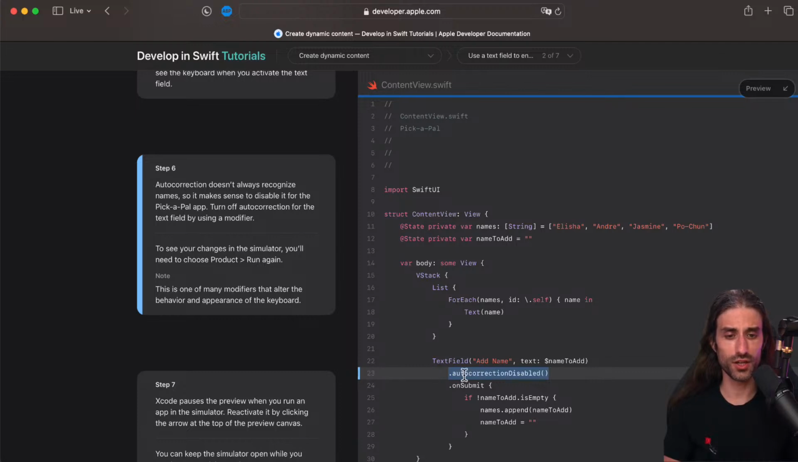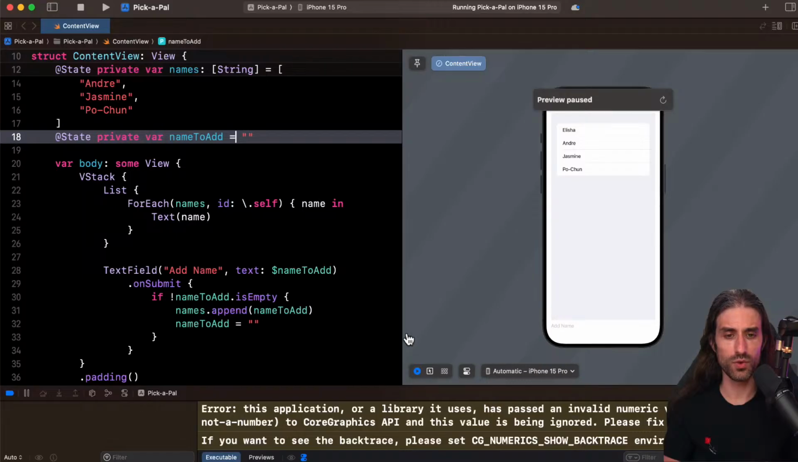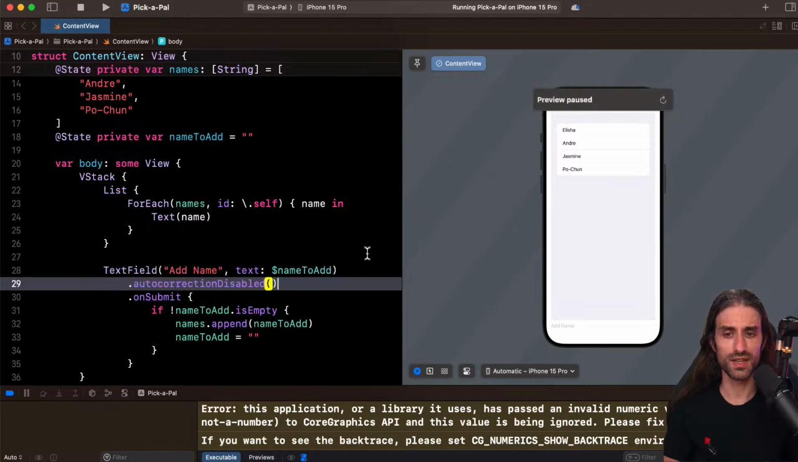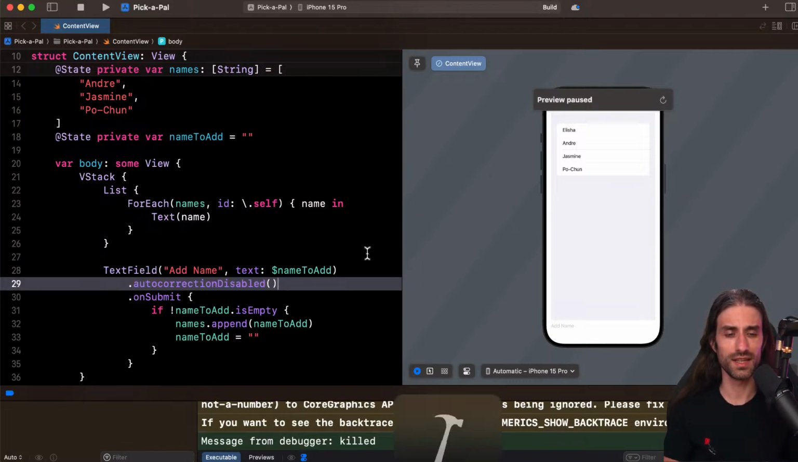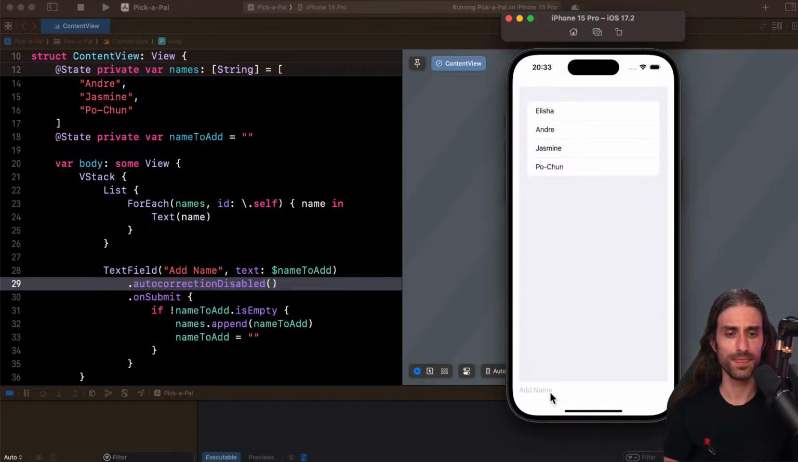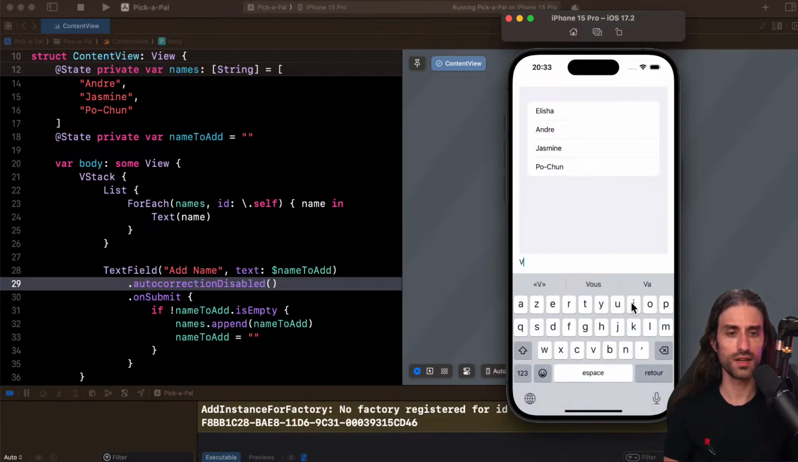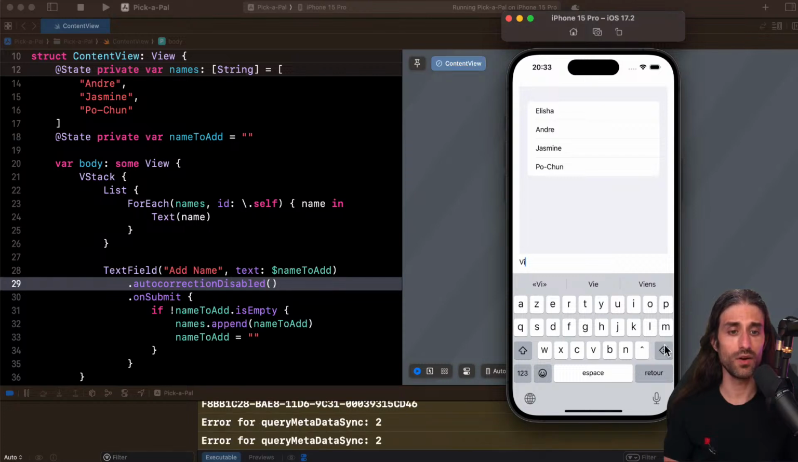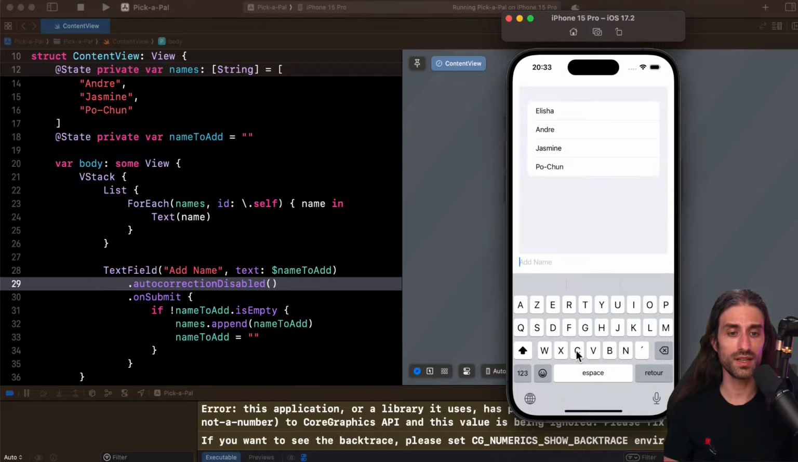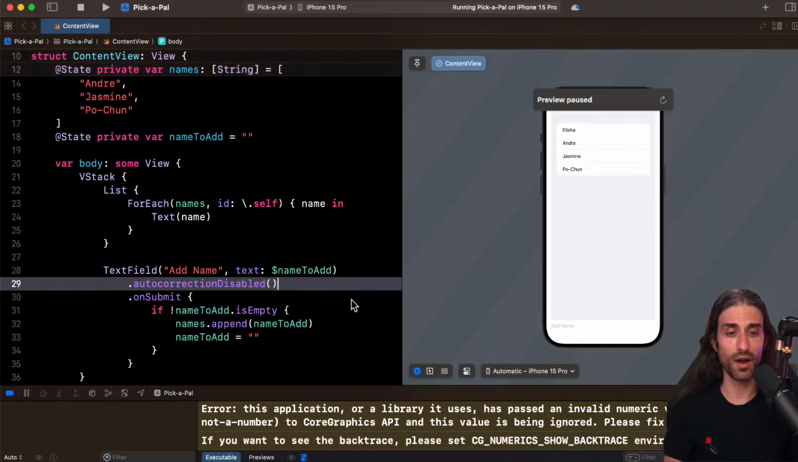So I'm going to do autocorrection disabled, and I'm going to apply this modifier to the text field like that. And if I relaunch in the simulator, now you can see that it's still writing down the suggestions, interestingly enough, but if I hit space, it's not autocorrecting. So you can see that disabling autocorrection is not the same as disabling the suggestions here. They are still here, but it won't autocorrect to one of them when it deems that there is a mistake